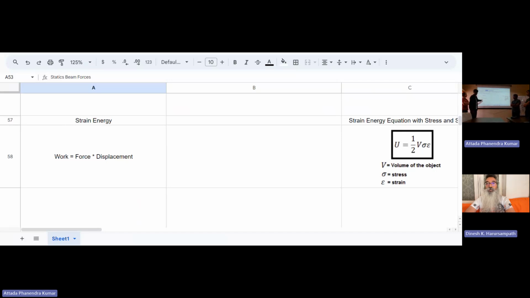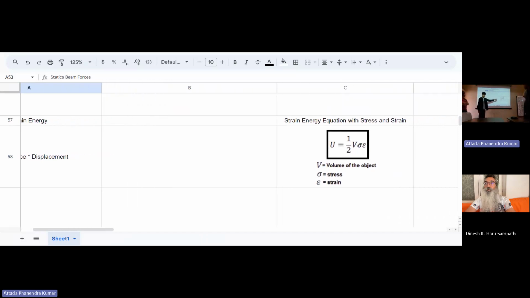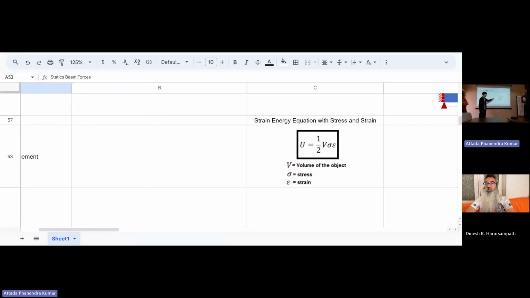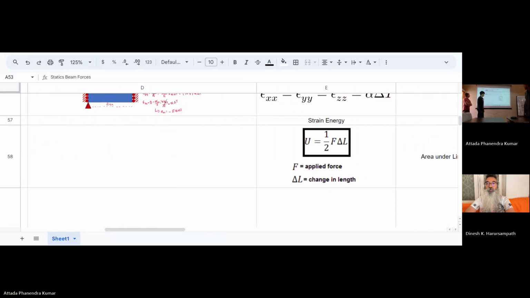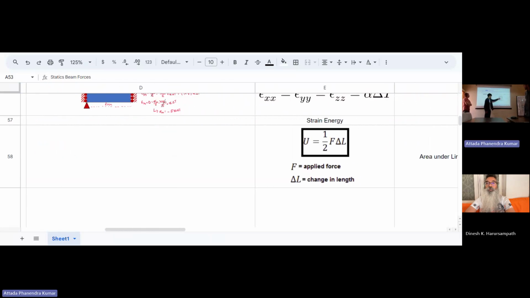But work done is also related to energy, and so if we look at potential, or if we look at kinetic energy, for example, you'll see that these equations are very similar, right? But they include both stress and strain, right? So we have volume of the object, stress and strain, and we're talking about a strain energy equation. We can also rewrite that, including force and change in length, right? So another way to write strain energy, and then